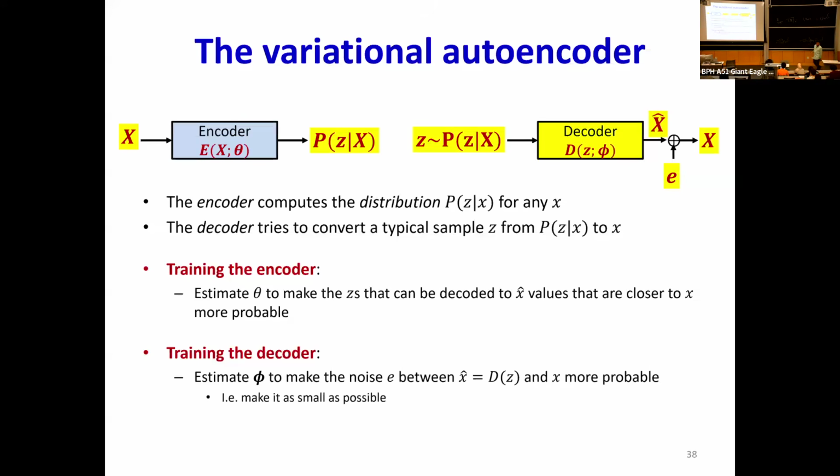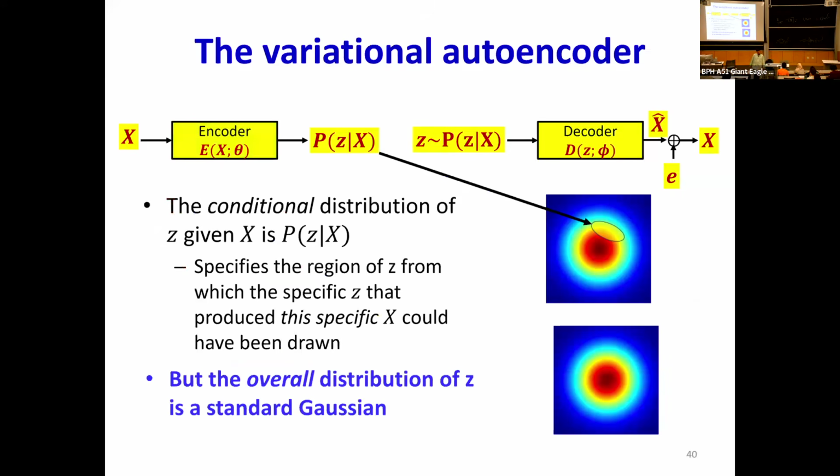Makes sense, everybody, right? And then we have the constraint on the z, because again, we can't just let the z be any odd thing. We want the z to be standard Gaussian. So we are saying that now, for any given x, not all z's are going to give you that face. The set of z's that could give you that face is going to be very restricted, some small region in the overall distribution of z's, right? That's what the encoder is doing. It's trying to characterize this distribution. But the overall distribution of z's is a standard Gaussian, right?